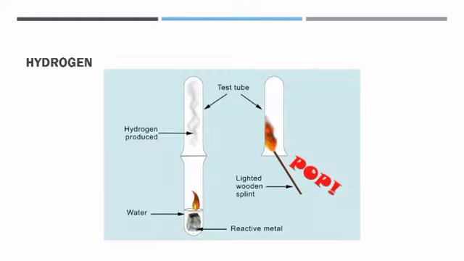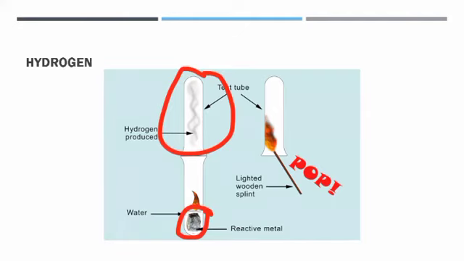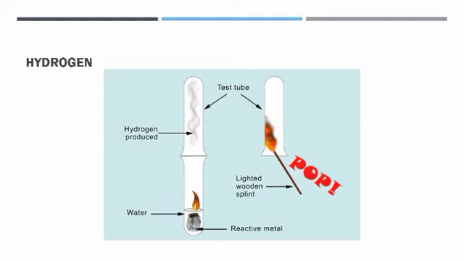Now, the test for gases. If I want to test whether hydrogen gas has been produced in my test tube, so I have a gas produced here with this reaction, and the reaction was metal plus water, so probably hydrogen is produced. How can I test that hydrogen was produced? I can bring a lighted splint near the gas, whatever gas it is, and if hydrogen is present, the fire will extinguish with a pop sound.